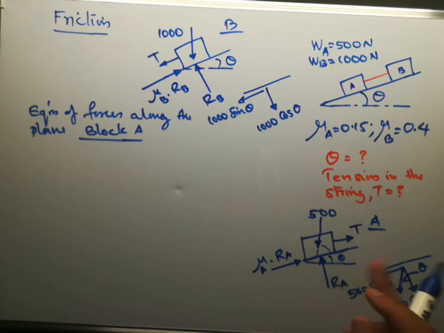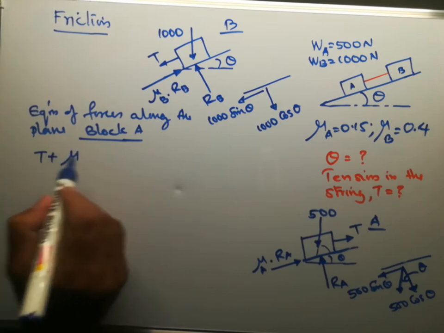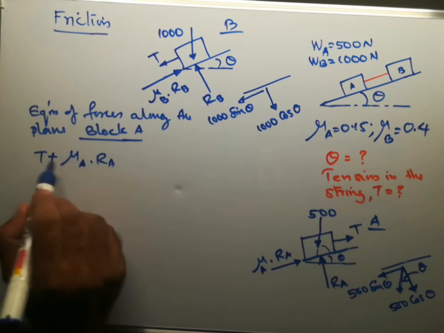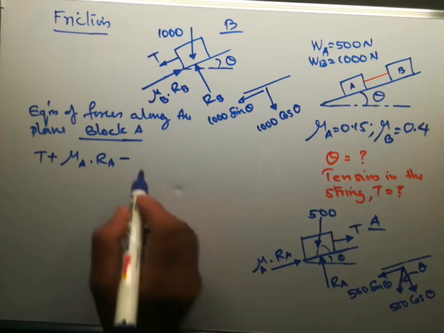There is no motion. Therefore, we can say the algebraic sum of forces parallel to the plane on block A equals 0. Which are the forces parallel to the plane on block A? First force in the upward direction is mu into Ra, second is T, and in the downward direction it is 500 sine theta. Therefore, we can write T plus mu A into Ra, because these two are in the upward direction, so both are positive, minus 500 sine theta